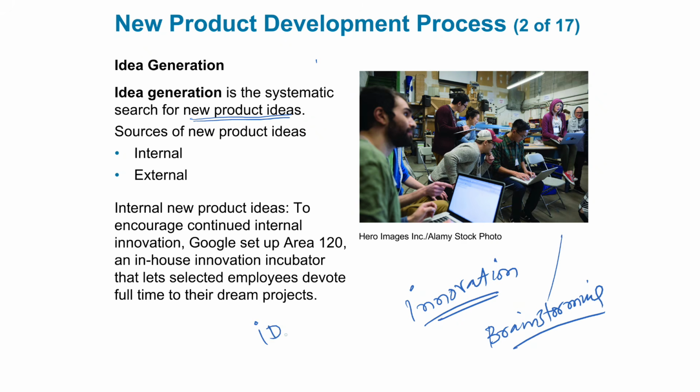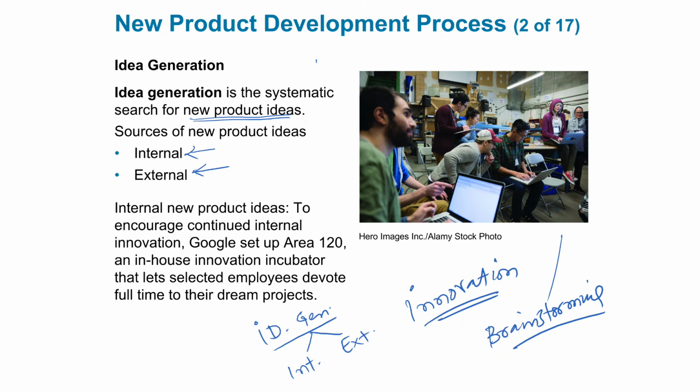I will write it, idea generation. There are 2 types of idea generation, internal and external. As you can see on the slide as well, here it is internal, there is external. Internal idea generation is when you come up with the idea of the product within your organization. So either all the employees are involved or some selected employees of your organization are involved to come up with the idea, the new product idea. And of course it should be aligned with the industry that you are in.